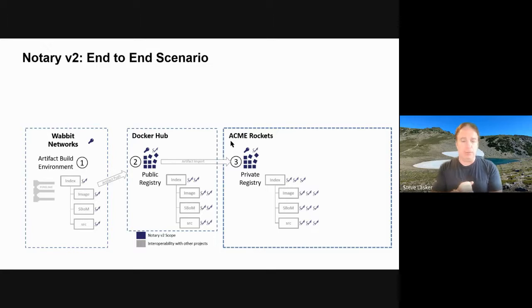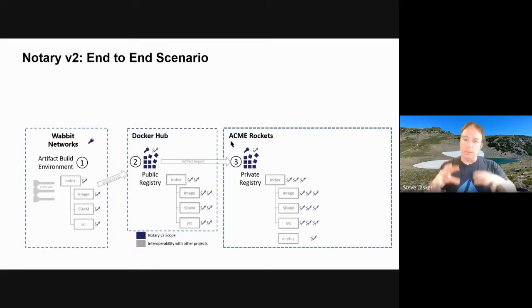Acme Rockets has now checked that software as it came in. They've stamped it with their stamp. And now as that software is roaming around the terminal, as you walk in, if you get on the plane, they don't check your passport and driver's license. They look at your boarding pass and does it have the Acme Rockets stamp on it? And if it does, it's allowed to be used. So there's that multiple lines of defense, but it's got all the lineage of what happened there. So if there's a problem, and I don't know, the TSA agent's working for the deep state or whatever fun conspiracy you want to make, you can go back and double check, and it's like, you might have been working for the deep state, but it turns out those signatures were valid, so everything's fine.